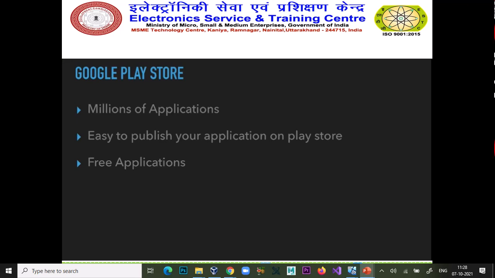If you are a registered user of Google Play Store, by paying the $25 fee, you can upload any number of applications there. It is easy to publish your application on the Play Store. As I said, it is a one-time fee, only $25.